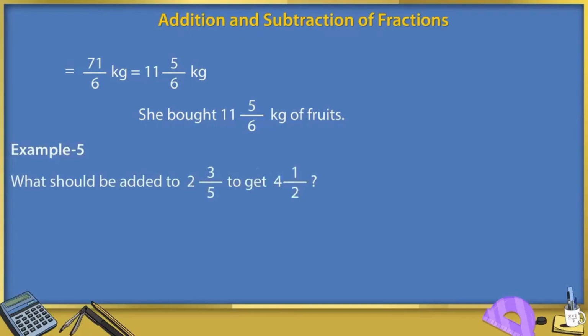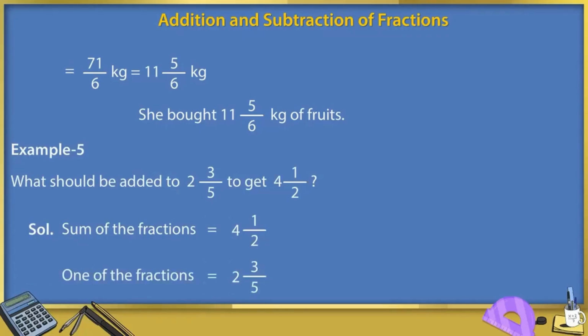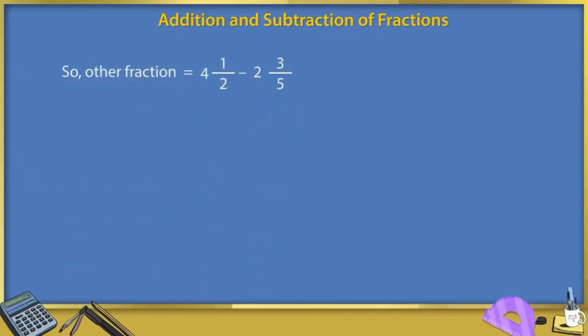What should be added to 2 3/5 to get 4 1/2? Solution. Sum of the fractions is equal to 4 1/2. One of the fractions is equal to 2 3/5. So, the other fraction is equal to 4 1/2 minus 2 3/5, which is equal to 9